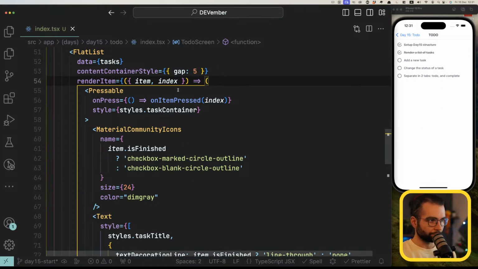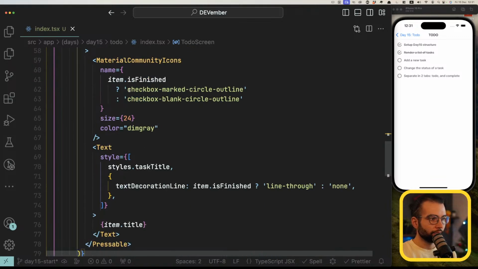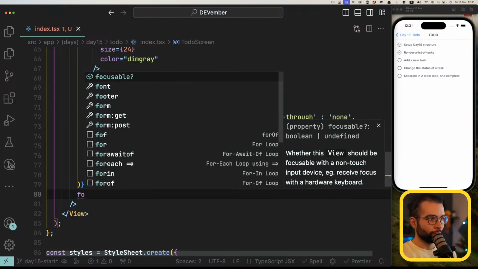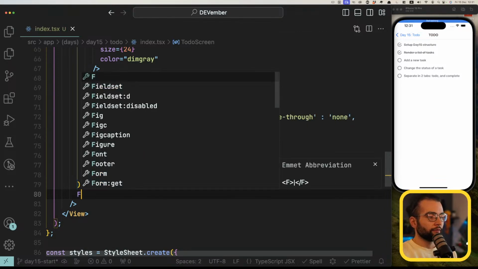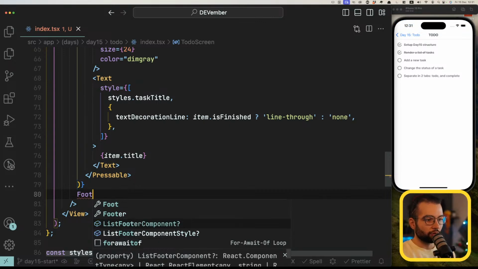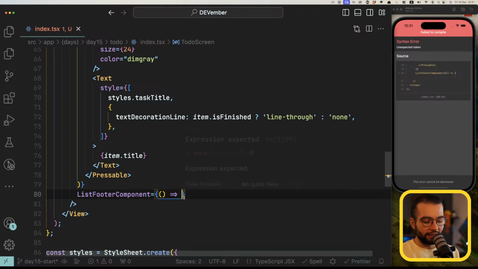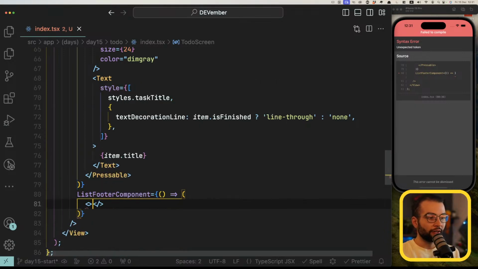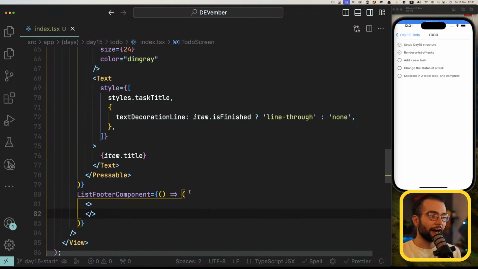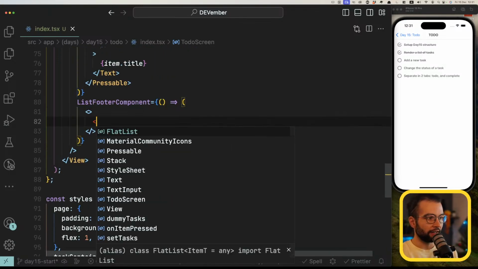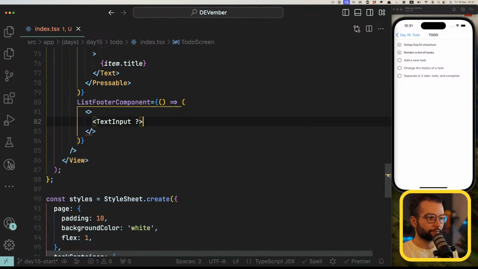So for that reason, after render item, in the flat list, I'm going to add a list footer component. You can pass this property, list footer component, to a flat list and render a component that will be rendered after all our items. So here I'm going to render a text input,